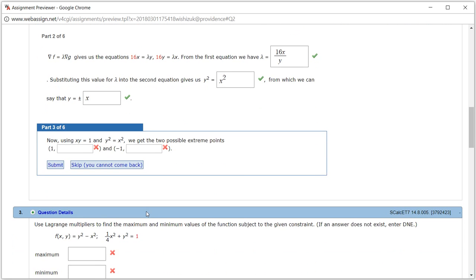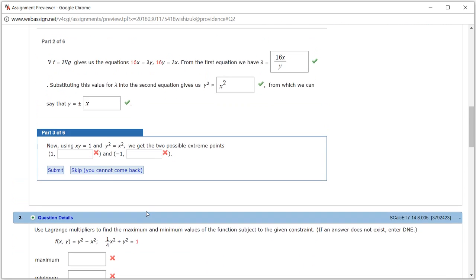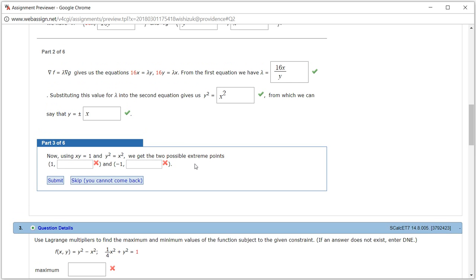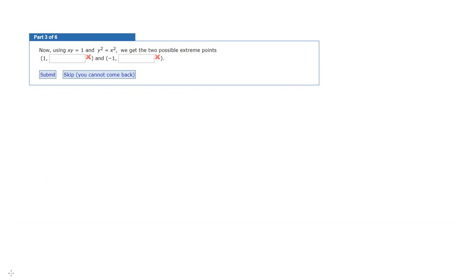Let's look at part 3. Using xy equals 1 and y squared equals x squared, we get the possible extreme points. Let's do some computation. When you have xy equals 1, let's do y equals negative x, and also separate case y equals x. If you plug y equals negative x into this equation right here,